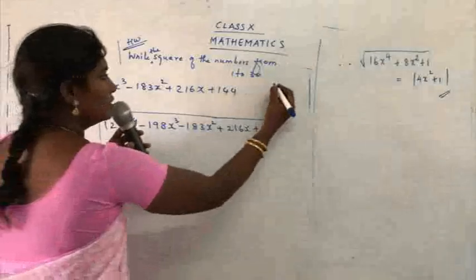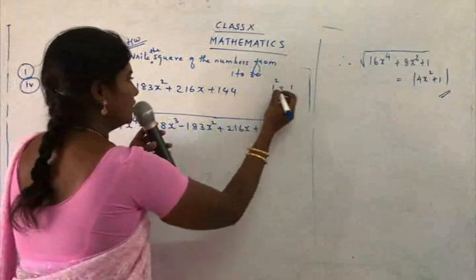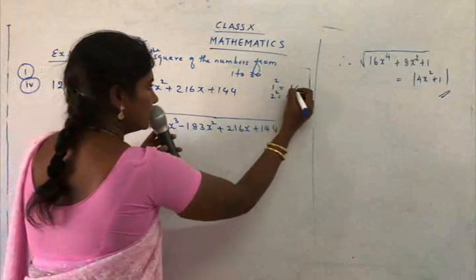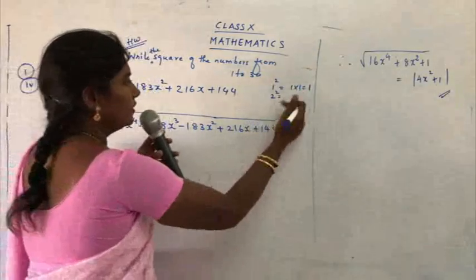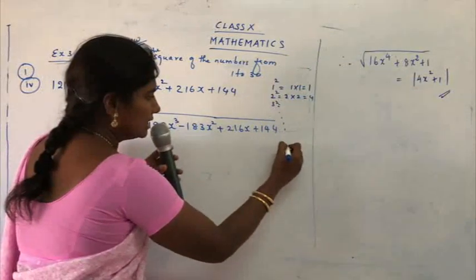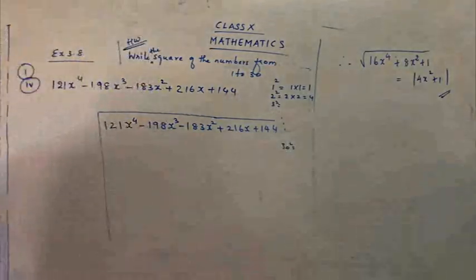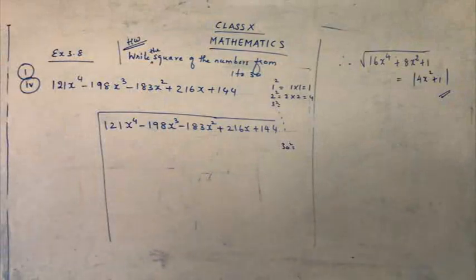How to write the homeworks here? It's starting here. 1 square. Do not write in one line itself. I don't want it in one line. 1 square is 1, 2 square is equal to 4. You can have one more step, no problem: 1 square is equal to 1 into 1 is equal to 1. 2 square is 2 into 2 is equal to 4. So 3 square, and so on till 30 square. Are you getting the step, children? I want the homework to be presented the way I have asked, so you are going to follow that method. Your homework is write the square of the numbers from 1 to 30.